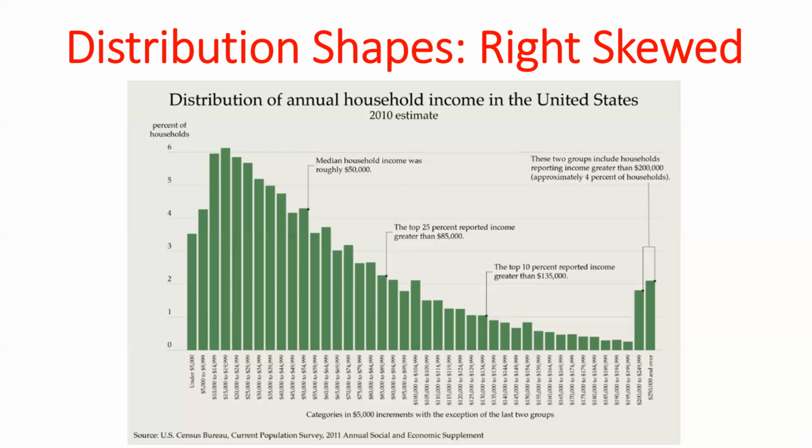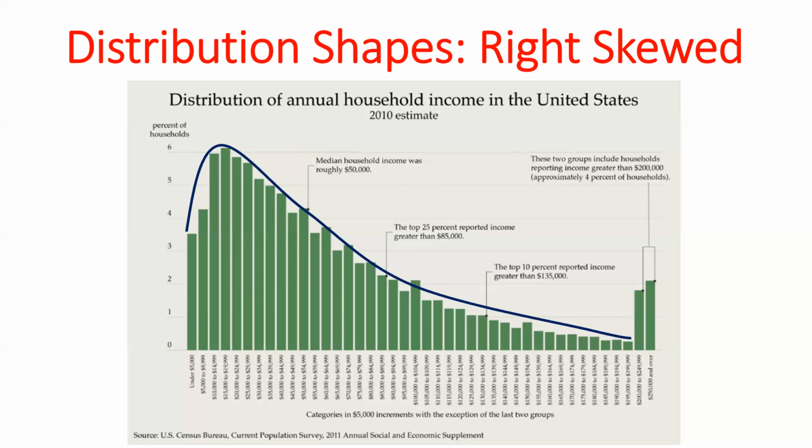If I was to keep doing $5,000 increments, we would just end up with a really long tail getting closer and closer to zero, right? And then stopping at whatever Bezos or Musk or whoever's the richest one. So we would call this a right skewed distribution, with a long right tail. Despite the majority of people being on the left side, we call it right skewed because of this long right tail. There's actually a more technical reason why, but that's the next topic that we'll